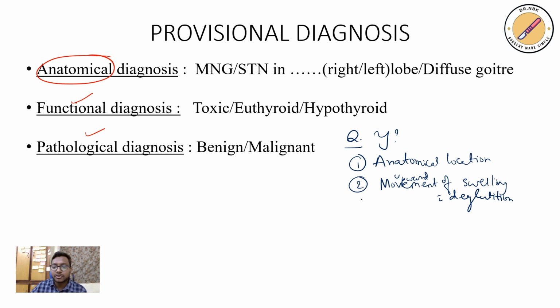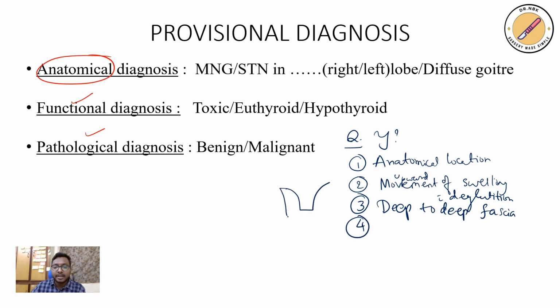So the third answer you should tell is that it is present deep to the deep fascia. Then the examiner will ask you, why do you say that the thyroid swelling is present deep to the deep fascia? So you need to tell two important points. One, by stretching the fascia, the swelling becomes less prominent. Second point is, as the swelling is moving up with deglutition, it indicates that the swelling is present deep to the deep fascia. And very rarely, and lastly, you should tell